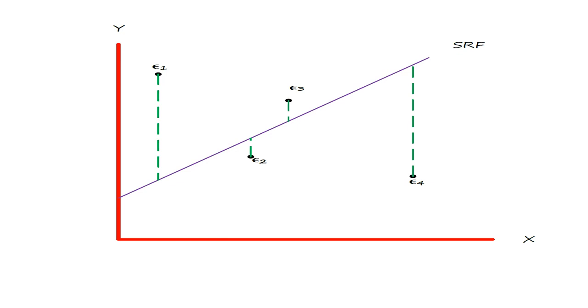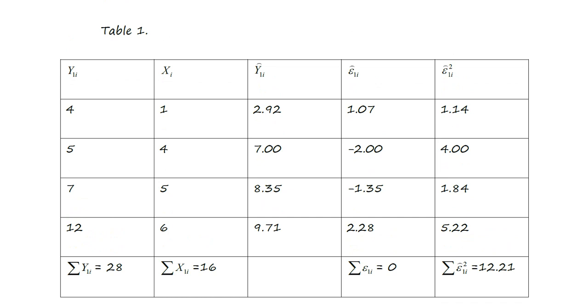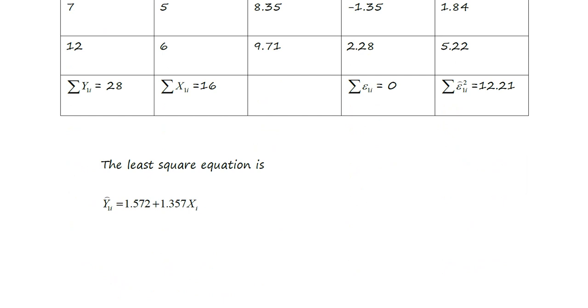Suppose we have a graph and two straight lines. These are the data points. This is one straight line. We can draw one straight line like this. If the straight line is to follow the positions of the residuals, every straight line will change with its intercept and slope. A line like this will have a different intercept and slope.